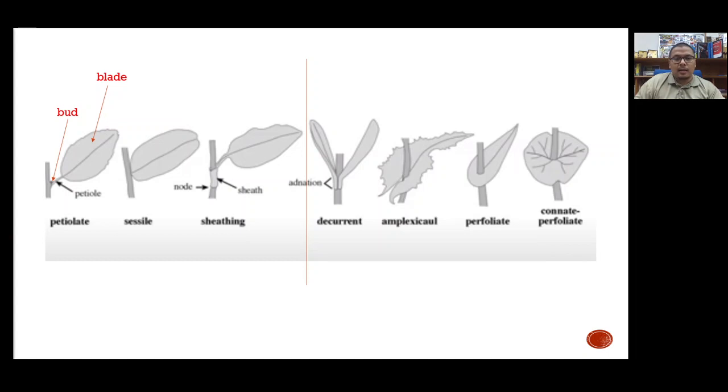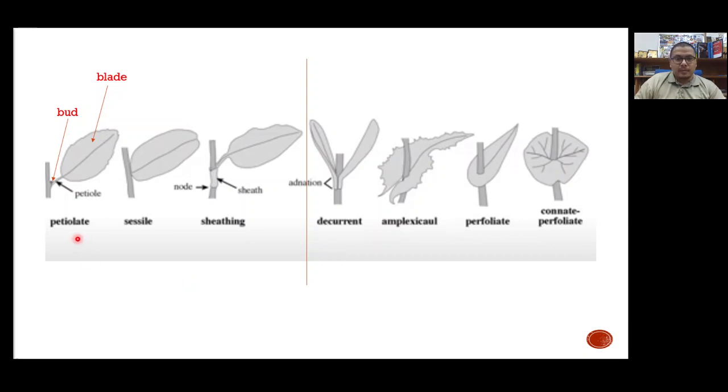Again, these are the kinds of things when you encounter these terms. Okay, the current and flexible, perfoliate, connate, perfoliate. When you encounter this and you've got a weird plant that has them, take a minute and learn the terminology for it. So I think that the two types that are most common for us